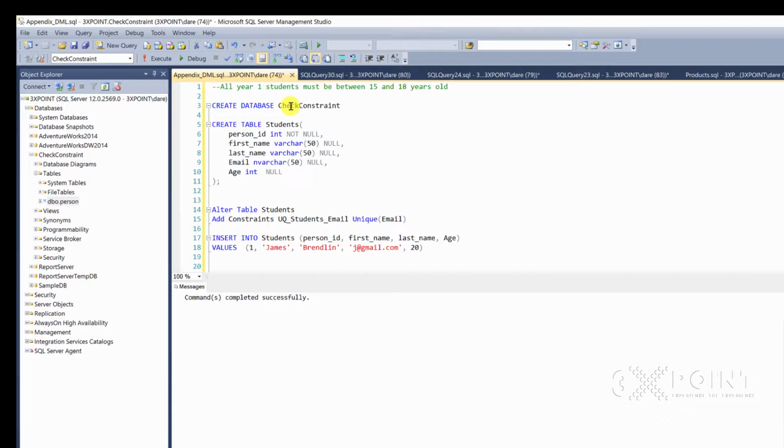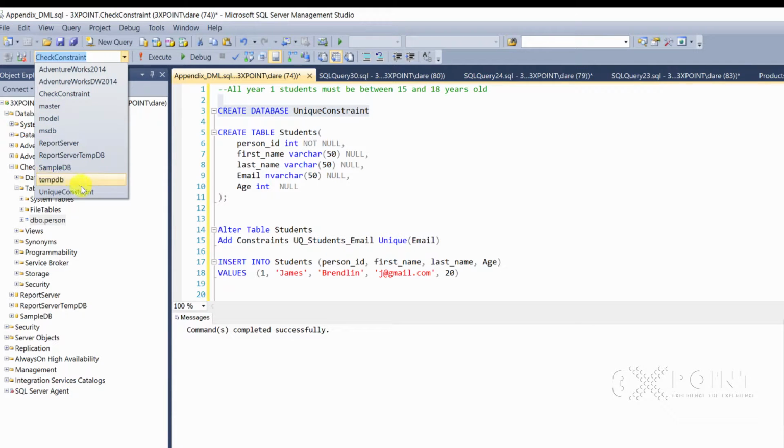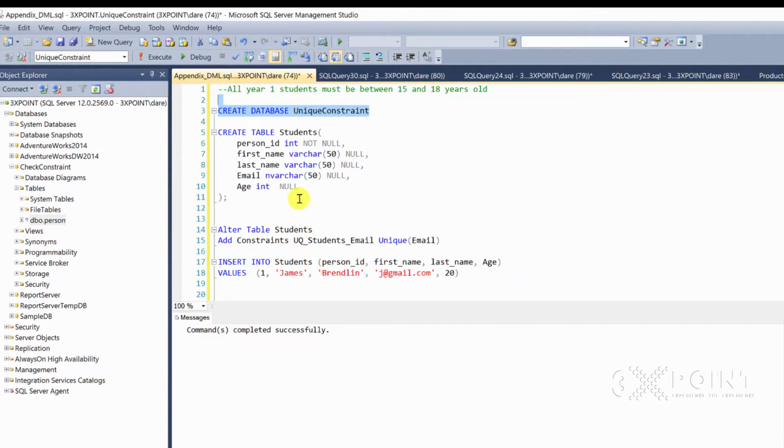Right, so this time around the database we'll be creating is unique constraint. So remember, from DDL, create unique constraint, and don't forget to switch into your database unique constraint, so we don't make the same mistake we made when we were doing check constraint. So we'll create this table in our unique constraints database,